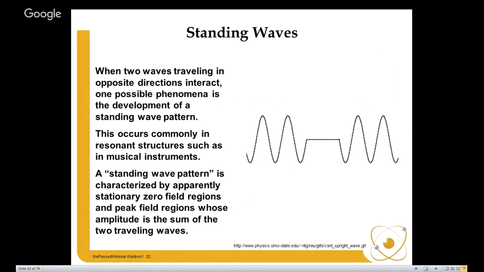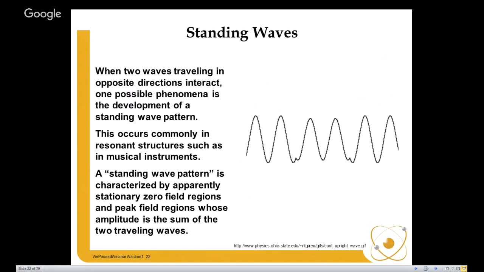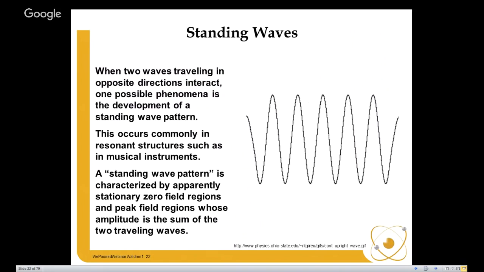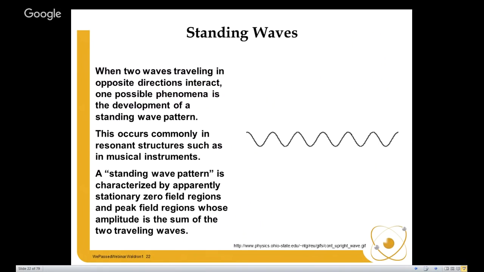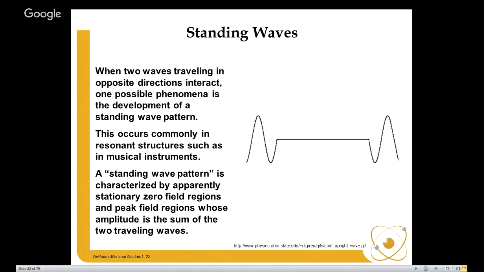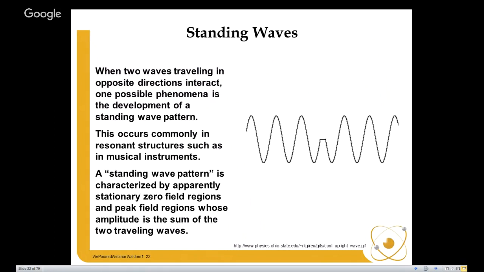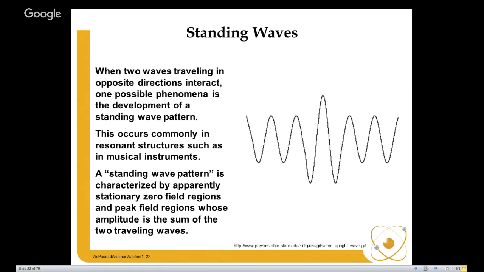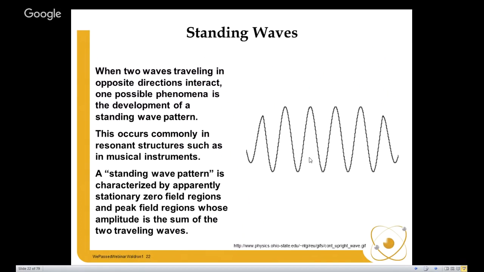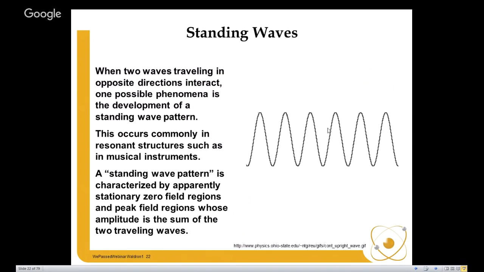So the next type of accelerator that we would encounter is a standing wave accelerator. A standing wave accelerator takes advantage of the fact that if I have two waves that are traveling towards each other in opposite directions, I have an opportunity to become a standing wave pattern. That is to say that the two waves can algebraically add and subtract to form what appears to be a stationary pattern of peaks and valleys. Even though both waves are still traveling to the left and to the right, they merely combine to give us this